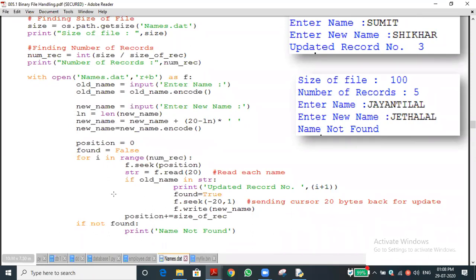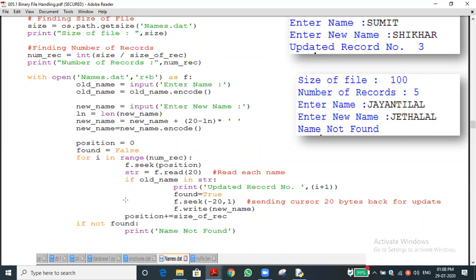Okay, the loop is not completed. Only when the loop is completed will it go to the if condition. So again the loop will be incremented. Now i value is 1; before it was 0. Numrec is 0 to 4, it will execute. So first 0 was assigned, now 1 is assigned. Suppose f dot seek of position, with position 20, what will happen? The seek function keeps the pointer at the 20th position, right? Have you understood?